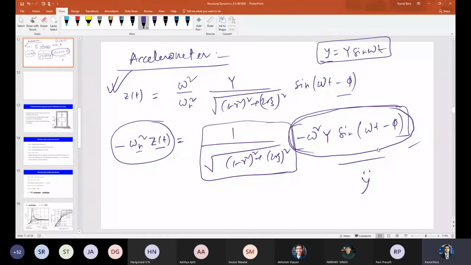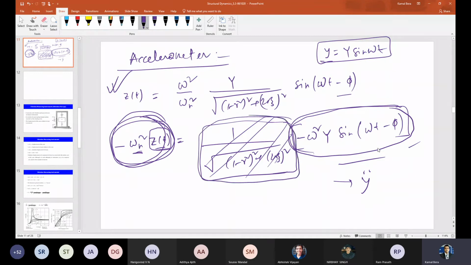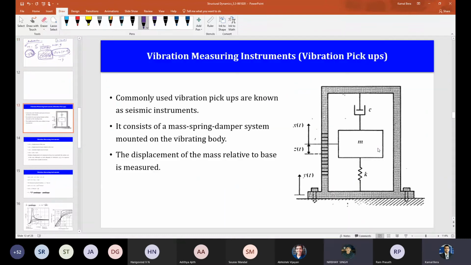So basically, if I remove this, let's say this is not there, but this is 1 basically. Then this value is equal to nothing but the ground acceleration, right? As I told, we are going to measure only the relative displacement of the mass, and that is root over ky, I mean, whatever stiffness and mass we are choosing. So through this measurement we can infer the ground acceleration, if the condition is that this has to be 1, correct? Yes, sir. Or nearly 1, not exactly 1, nearly 1, then it is fine, right?